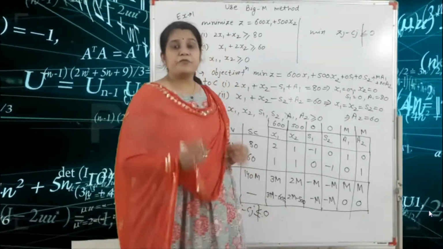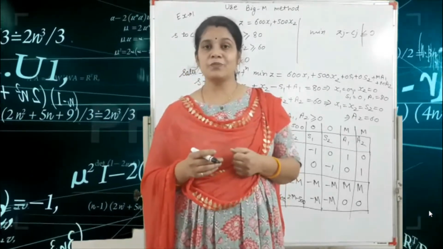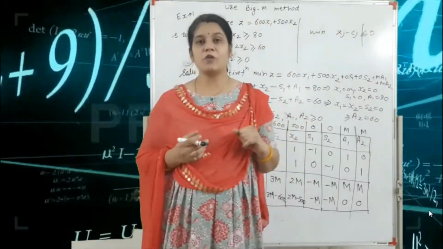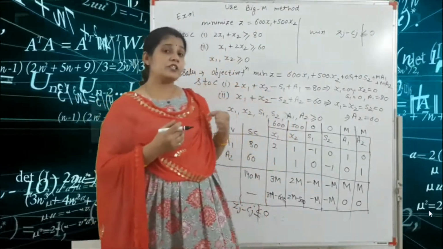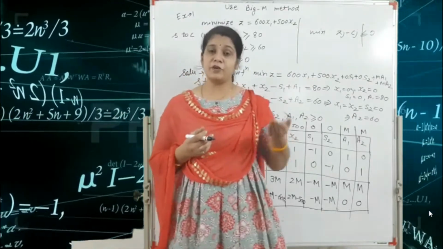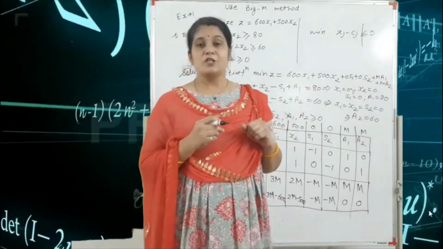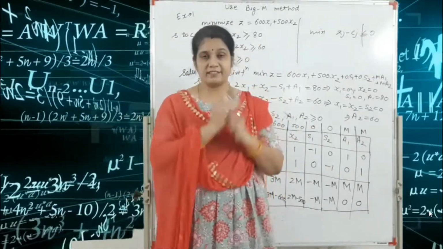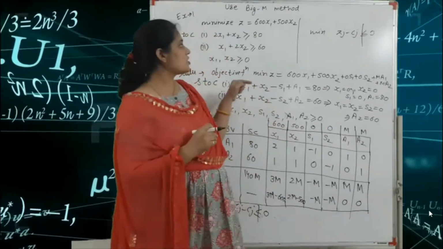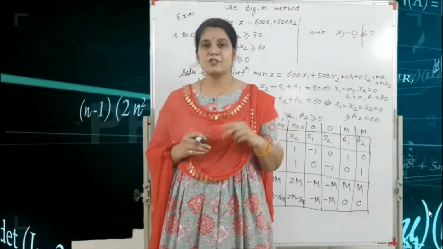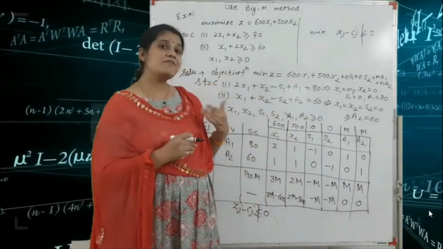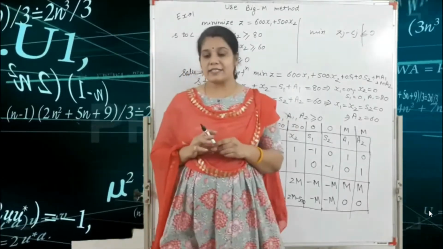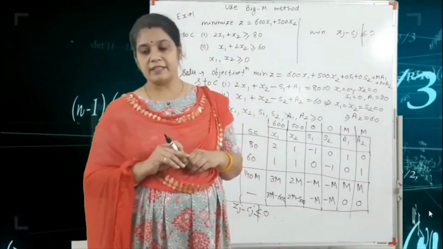So we make table number 2, and for finding table number 2 we find the entering variable and the leaving variable. If a question is given in the maximization format, as you have already seen in the simplex method, the largest value with a negative sign enters. In this question, which is given in the minimization form, the largest value with a positive sign is the entering variable.